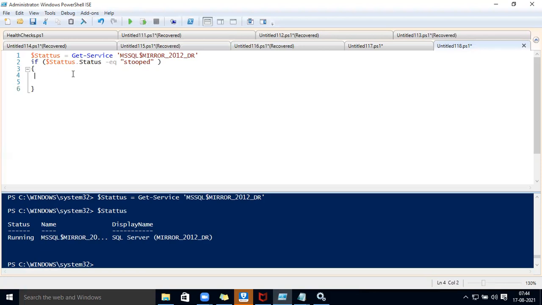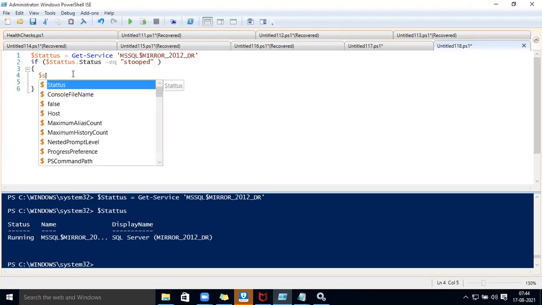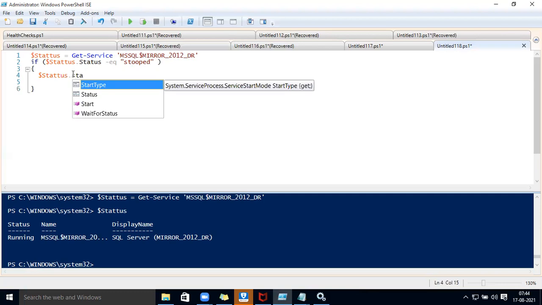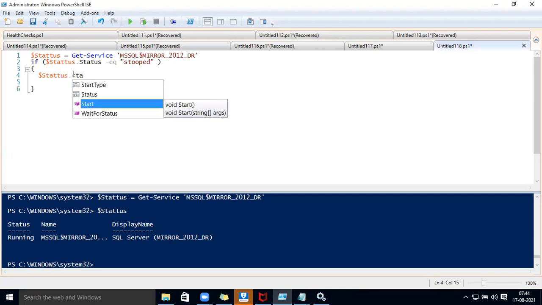What it has to do? It has to do dollar status dot start. Got it.